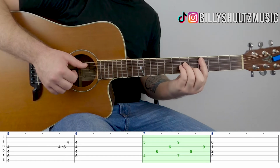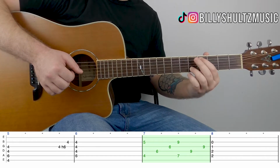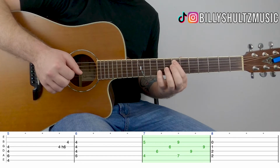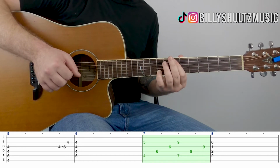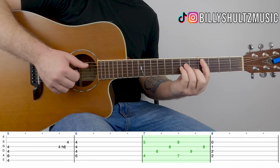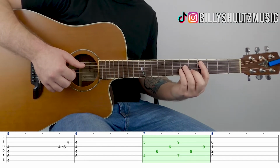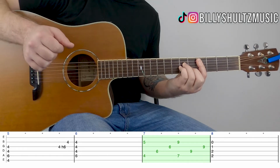Technically, the easiest way to play this would be you're just plucking the A and B, and then you're going down to A and B on 7 and 9, and then to an E. Like I said, in the tab, I've tabbed it out to where you can do a little finger picking, which would be A and B, D and G,